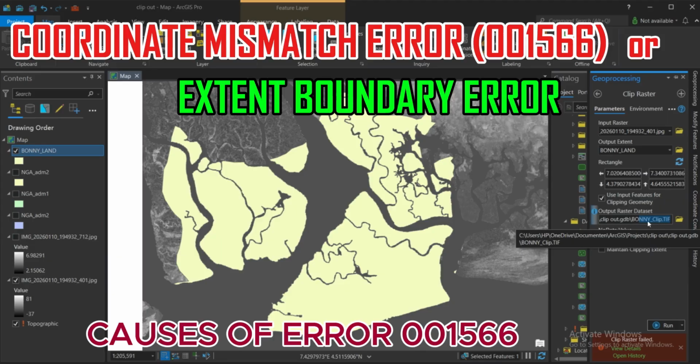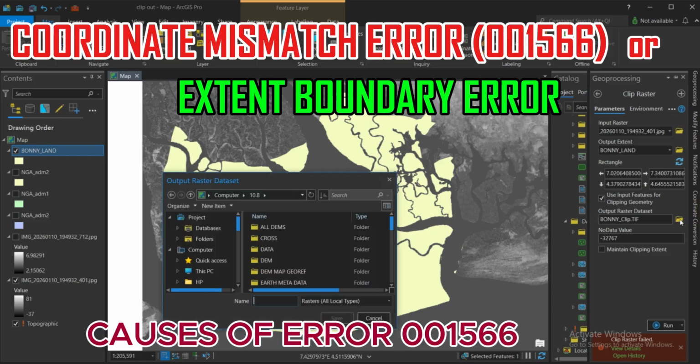This could also be the cause of this error, because when the DEM, the digital elevation model, and the shapefile have different coordinate systems, they are not matched, therefore they cannot clip to each other. So this can result in these errors,